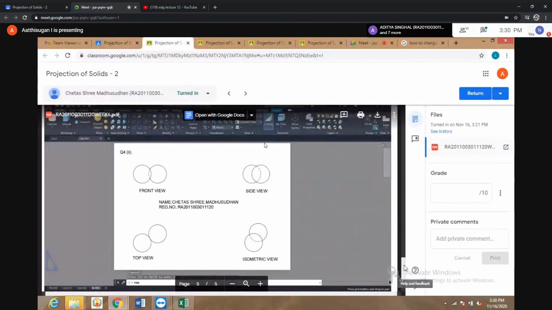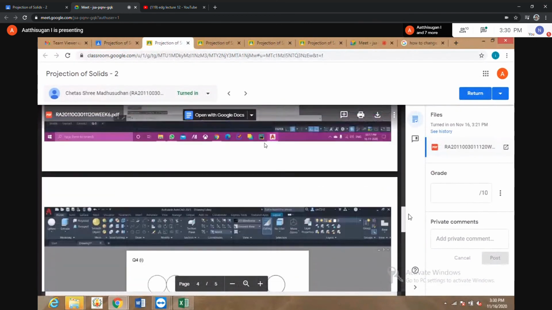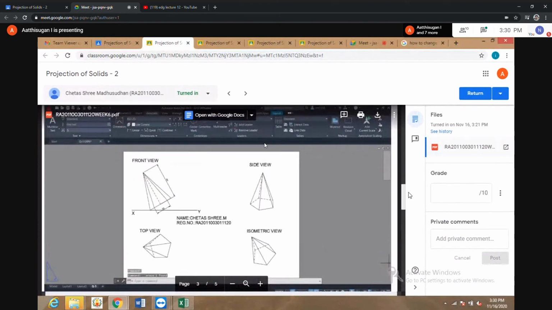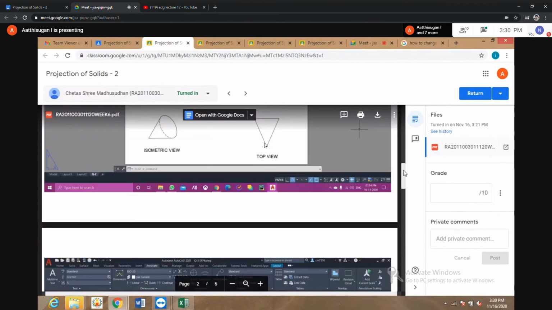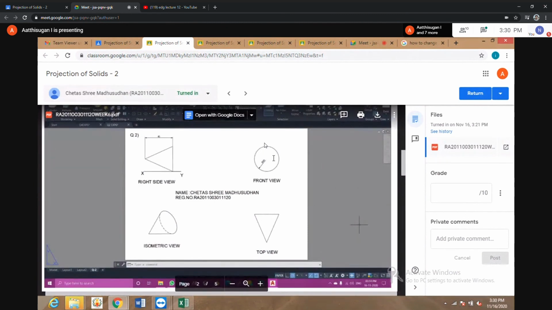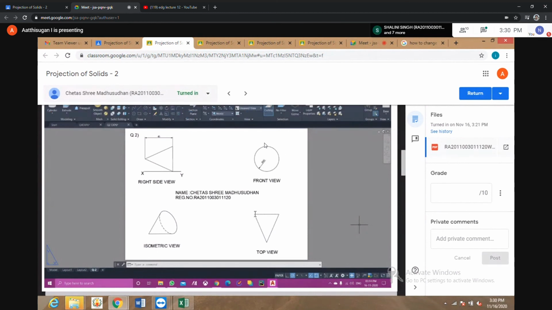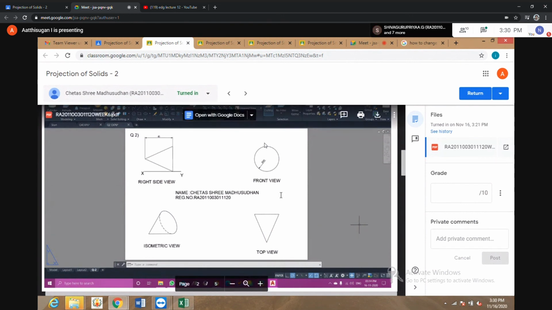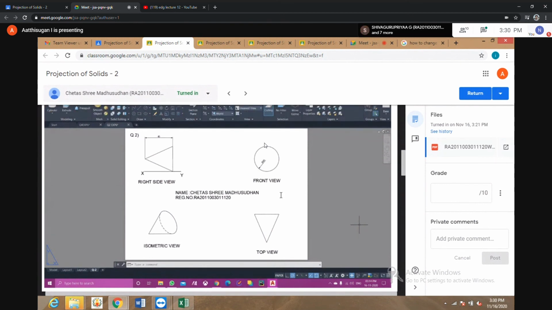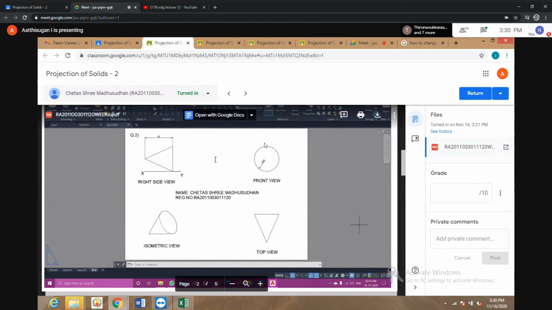Then here I told you that is the height, and as well as change the side length for this question. Then this question is possible to divide into 4 quadrants, with a round line like this. Only that much. Then give A dash B dash. Here maybe the end point. You know how to get it? In the isometric view also we have to cut that? No, only the front view. In the front view, top view or side view you can give some label like this. Here A dash, and here it may be coming A double dash. That's it.